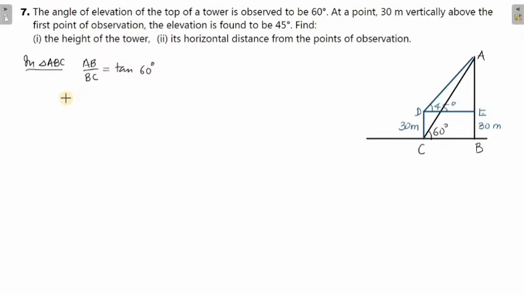So how much is AB? AB is not given, right? AB is the height. Let me take this AB to be x, by the way. No, not AB, let me take this AE to be x. Therefore BC is not given, so let me write BC as it is. We have tan 60 degree is root 3. So from here, what is AB? As I said, AB is nothing but